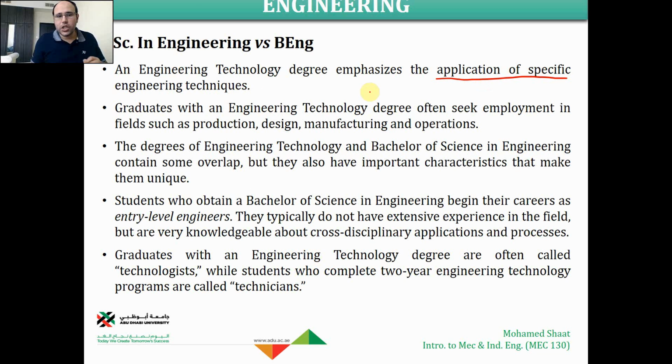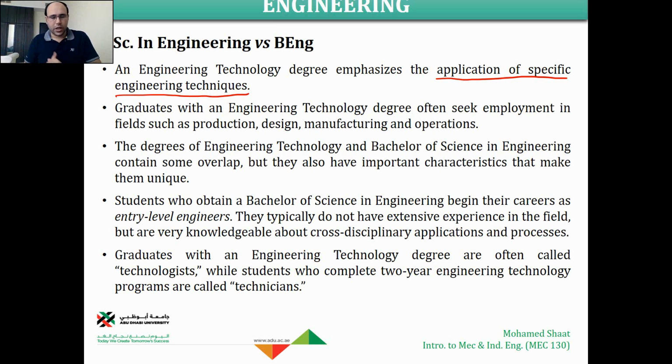It focuses more on the application of a specific engineering technique. It depends on technical things. It will not guide you through the theory behind this technology, but it's gonna train you more on using the technology. You got my point? So Bachelor of Science is gonna start from the theory. That is gonna explain to you the concept. It's gonna explain to you the theory. Then it's gonna show you and teach you how you can use this theory and concept for